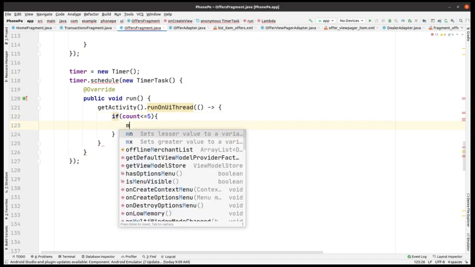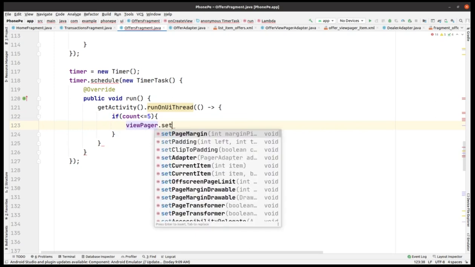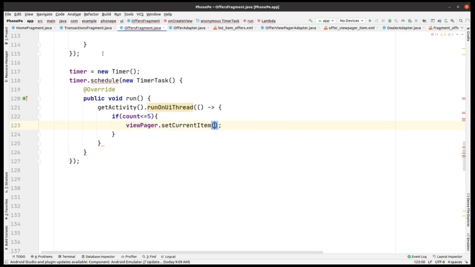Yeah, so open the if condition, then view pager dot set current item and pass count to it, and then count